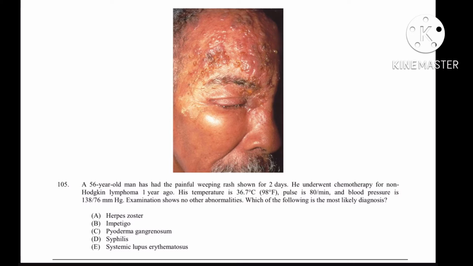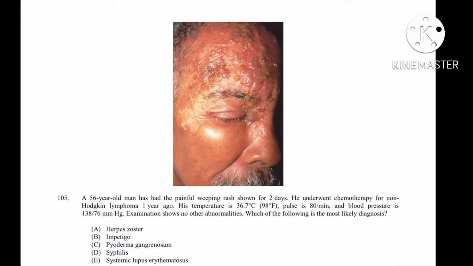So it's a very easy question. If you're aware of the image, then without going through the clinical case, you can choose your diagnosis. But if you want to go with the image as well as the clinical manifestations given here, then certain points we need to remember: the patient has very painful weeping rashes for 2 days, an acute presentation, and pulse and blood pressure are everything normal. So the main point here is